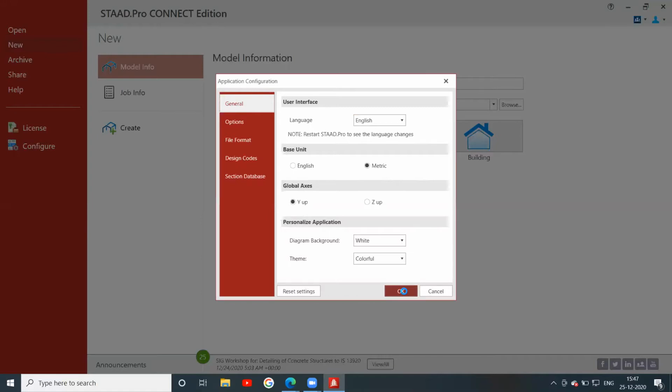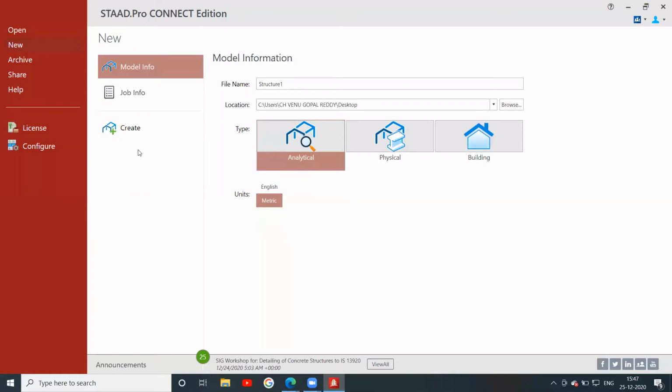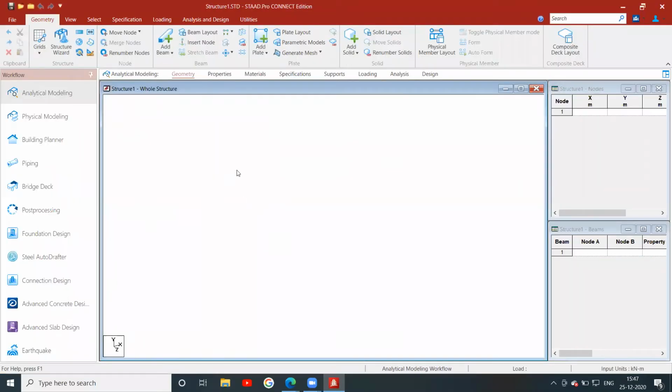So press OK. After selecting the file name and this location, click create. If you click create, you will get this window.